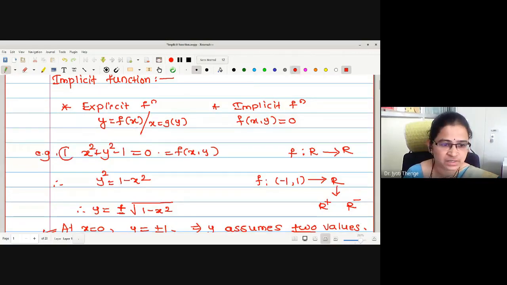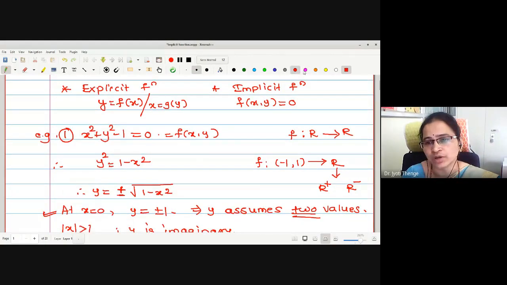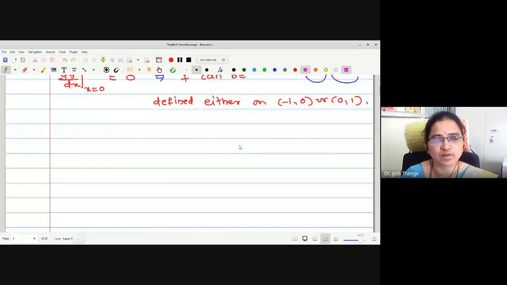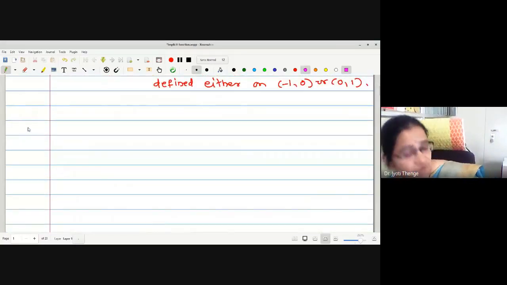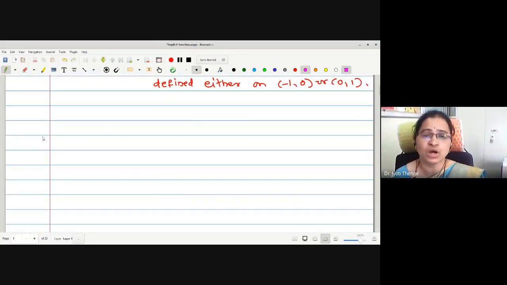Let me write this as example 1. In example 2, I will go for a more general example of multivariable functions, because in our chapter we are going to deal with many-variable functions, right? So let me write one small example.